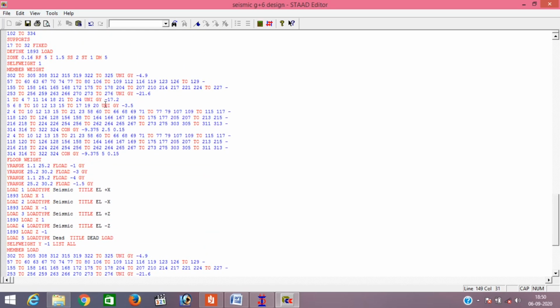Okay. Then in the seismic data, here we can see all our loads are negative because we provided them manually, but in seismic data it automatically considers that all loads act from the ground in the direction of gravity. So remove this minus sign from here. All minus signs you can remove.